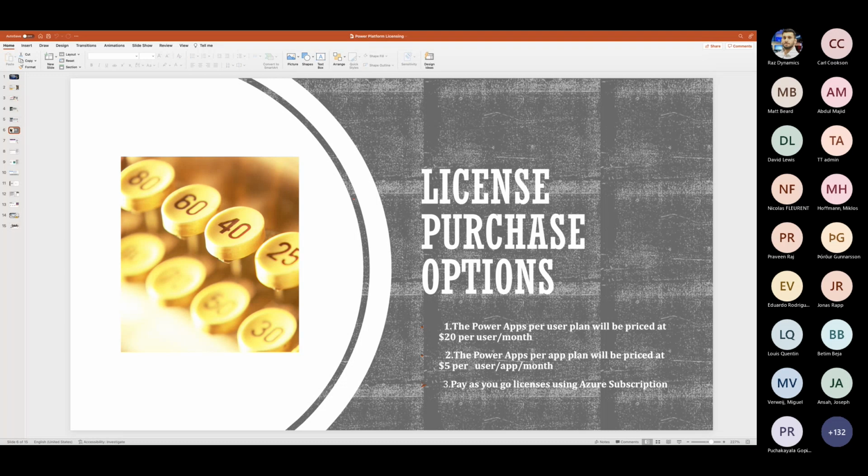The third one, which is newly introduced, is the pay-as-you-go plan. It is best for a business that wants the agility to pay only when a user runs an application during a monthly period. It is going to be $10 per active user per month, which needs an Azure subscription to pay per user based on the number of unique apps or portals a user runs each month. When it comes to Dynamics 365 purchase options, as you can see on the Microsoft website, where you can buy the